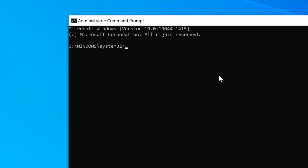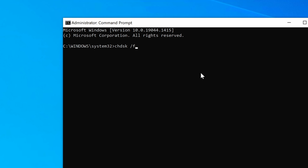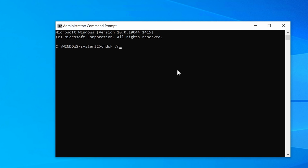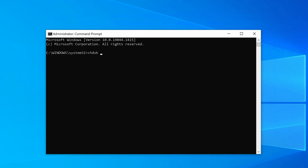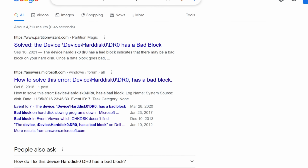So to run a check disk, let's see, I don't do this often. I believe it's CHKDSK. Check DSK, I think it's this. And then if you do a /F, it repairs it, I believe, or if you do /R, it searches for bad sectors or something like that. Let me confirm this. And again, guys, this is,